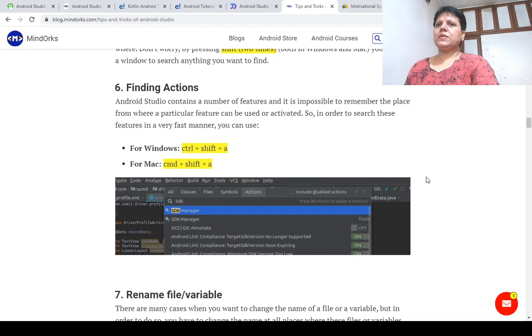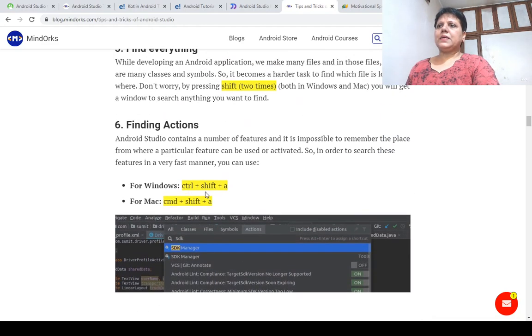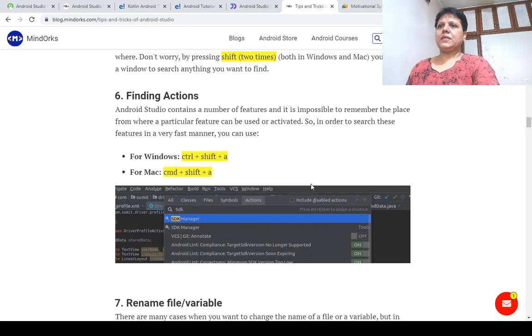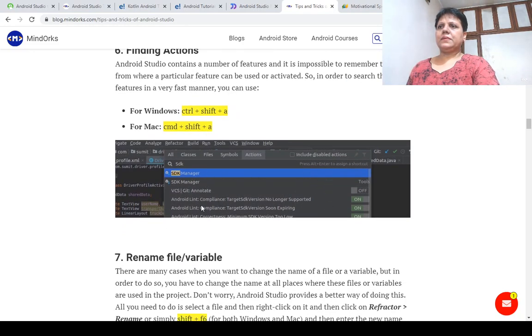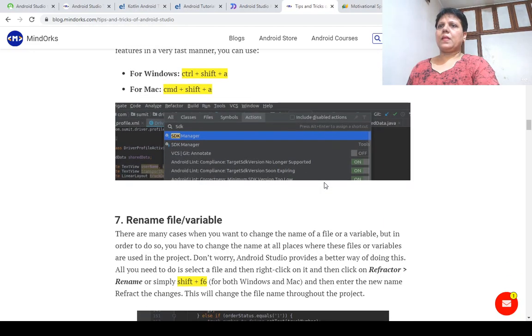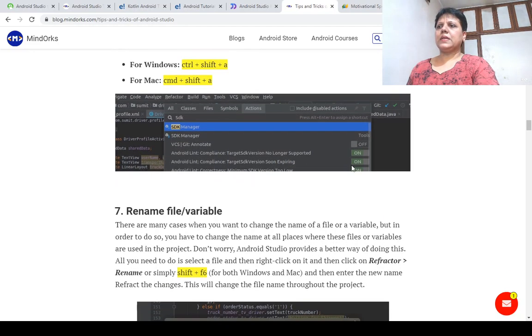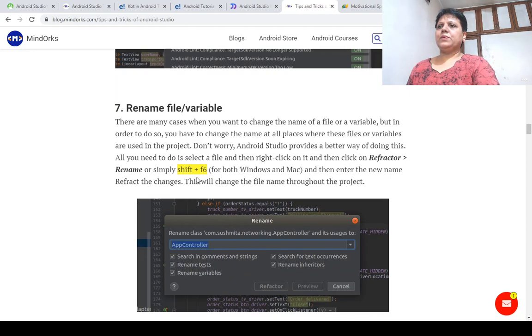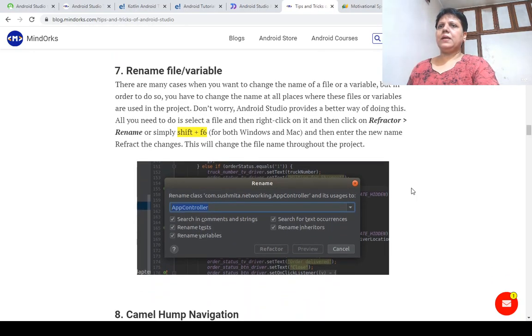So in order to search these features in a very fast manner, you can use Ctrl Shift A. After pressing Ctrl Shift A, it will display this below screen. You can use Shift F6 to rename a file.